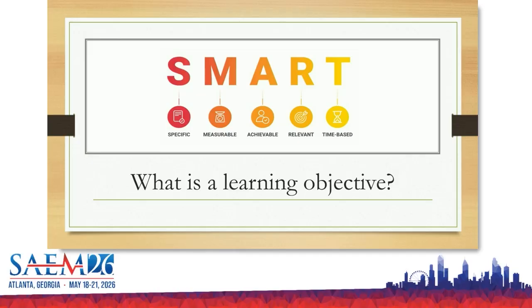Measurable, it specifies the criteria for assessing whether or not the objective has been achieved. So it doesn't have to be a 20-point checklist. It just needs to be clear that those are the key actions I want to see. It has to be achievable. So if I set this goal, and let's say it's going to be interns who never put in a line before, and I say we're going to do this in 10 minutes, that's hilarious. Okay, it's never going to happen because they need a lot more coaching, et cetera.